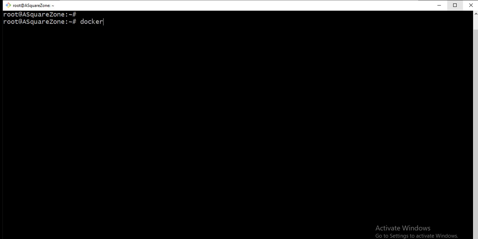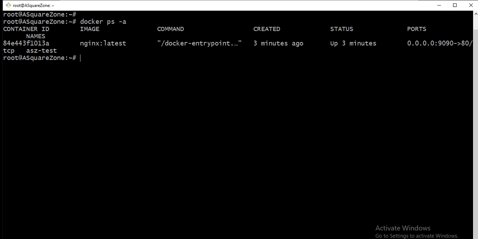Here I'm going to check my running containers. This is my container ID. I'm going to stop my container, providing my container ID here.